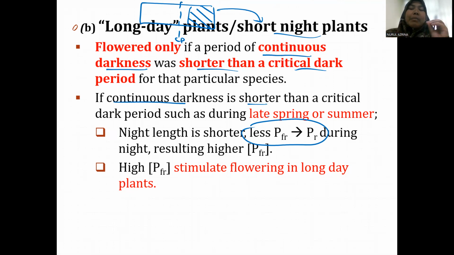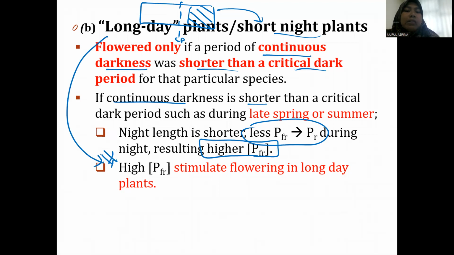So sikitlah PFR yang dapat ditukar kepada PR. So what happened to your PFR? Your PFR level is high. Sebab sikit je PFR sempat tukar kepada PR. Okay. So as the night length is shorter, less PFR convert to PR. So resulting with high concentration of PFR. So this condition, maknanya this short night plant requires high concentration of PFR to stimulate flowering for long day plant or short night plant. Okay, what if,